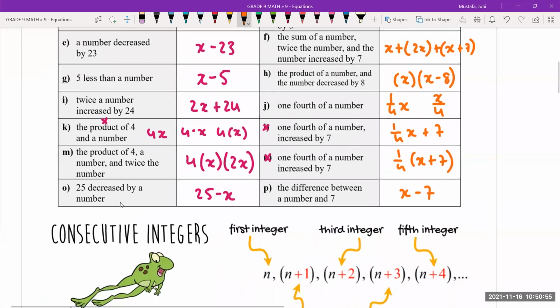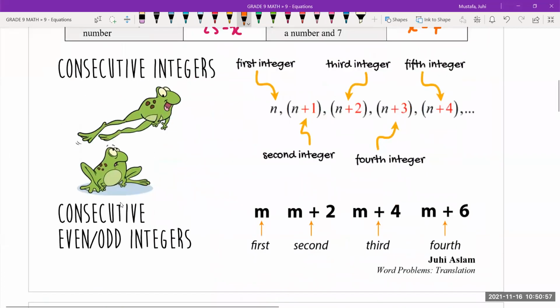Let's talk about consecutive integers, you guys. So consecutive integers are numbers that come after one another. So for example, 4, 5, and 6, or 30, 31, 32, 80, 81, 82. And then consecutive even numbers are even numbers that come one after the other. So 2, 4, 6, or 10, 12, 14. Consecutive odd numbers would be like 1, 3, 5. Okay, so given that concept, we can